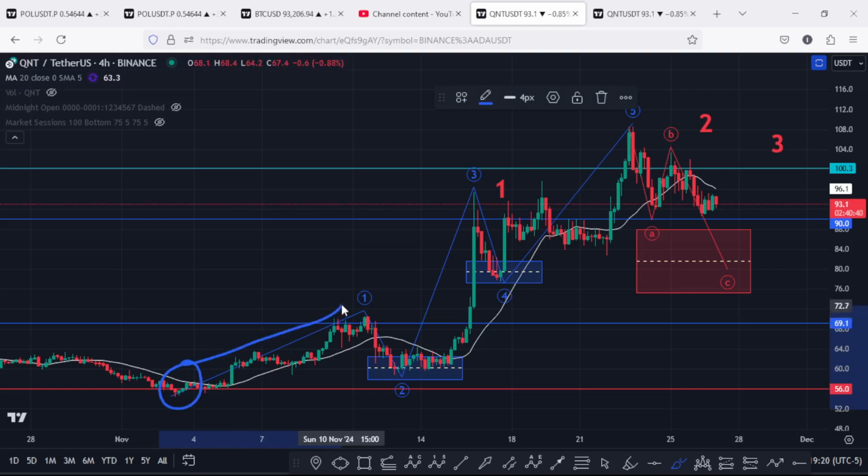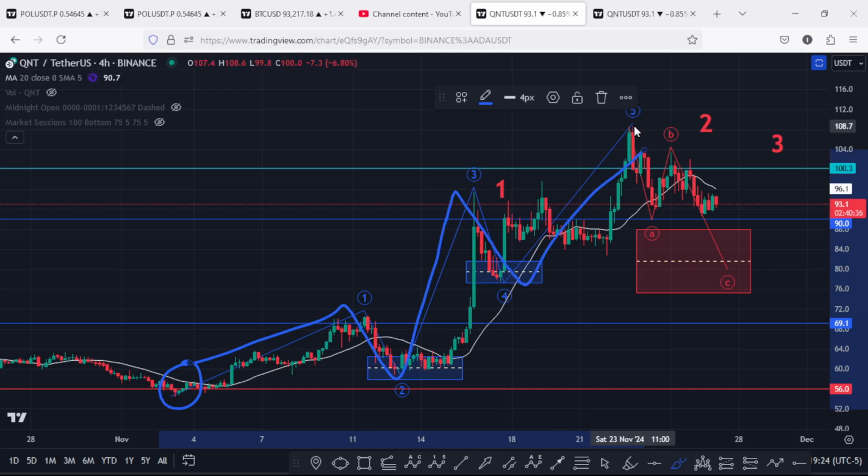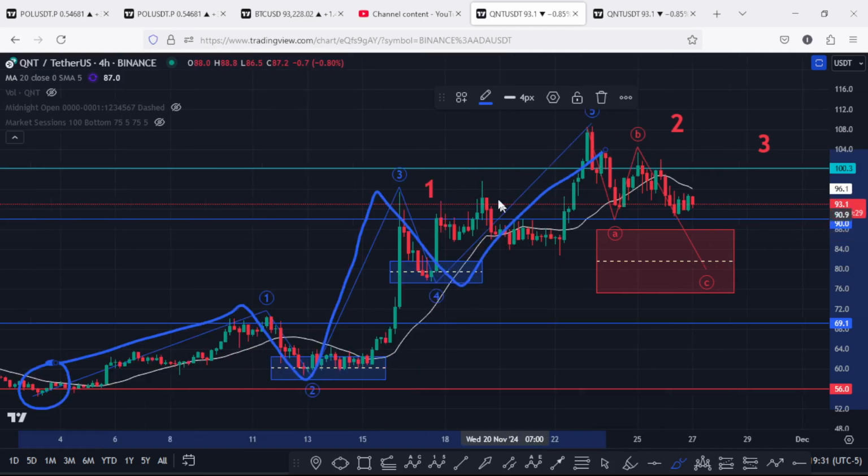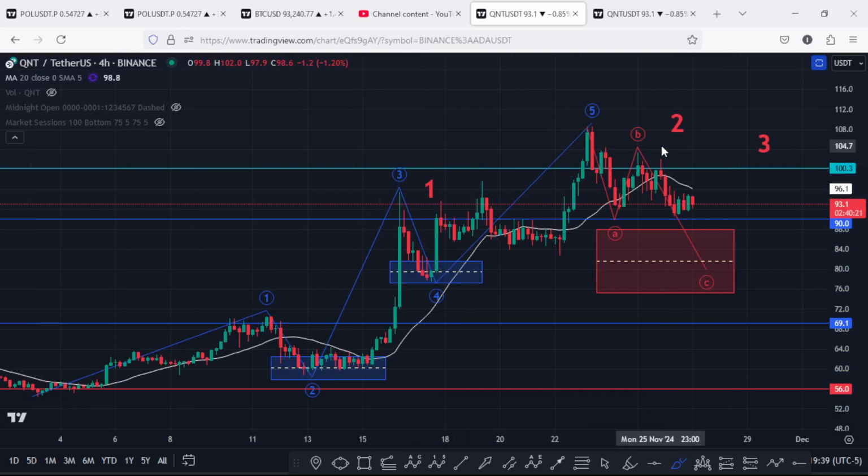We first peaked to the upside in a 5-wave structure in a move that peaked above the $108.8, and after we peaked in that 5-wave structure to the upside, we completed an even larger Elliott wave count 1, and having seen the formation of that larger Elliott wave count 1, I have been expecting a bit of a short-term corrective